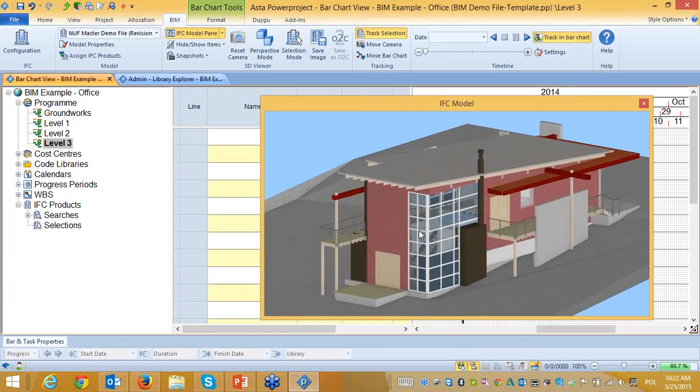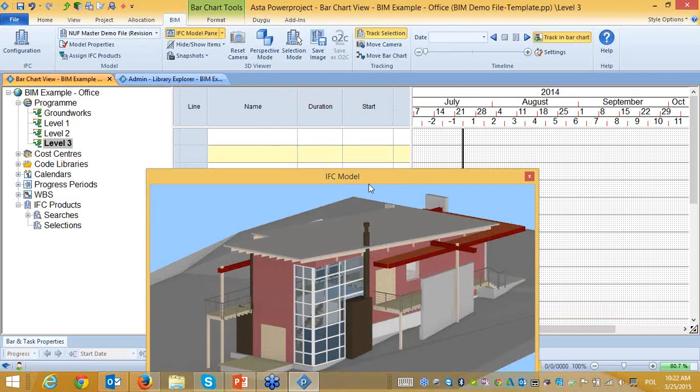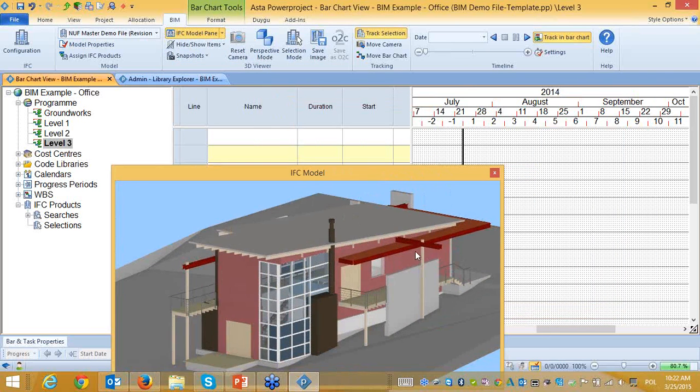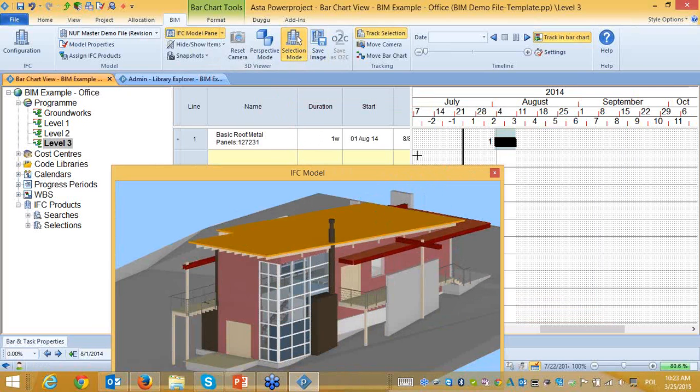Okay. Now I would like to mention how we can create our schedule using the model. In the presentation I already mentioned we have two methods. First of all is manual, and the second is using a structured predefined search criteria. I would like to show you the manual type first, and manually we can also do it in two ways. First I go to the selection mode, I select an item, and I simply drag and drop into